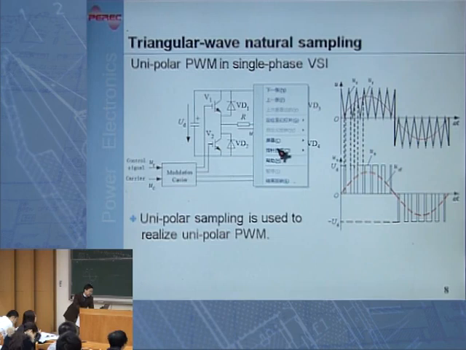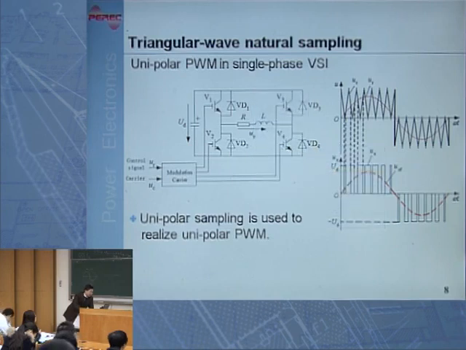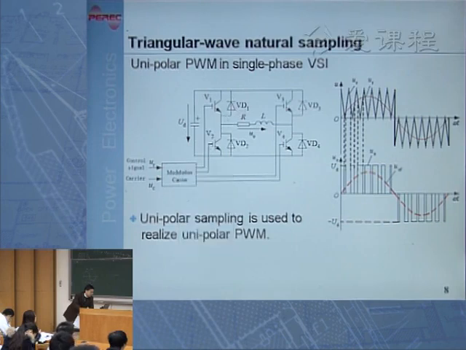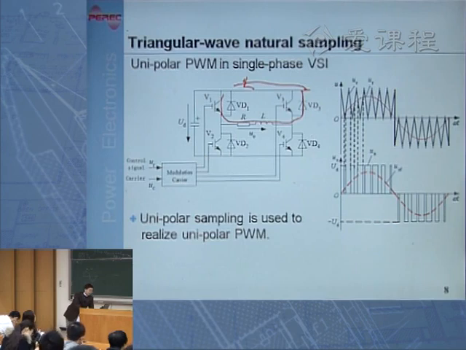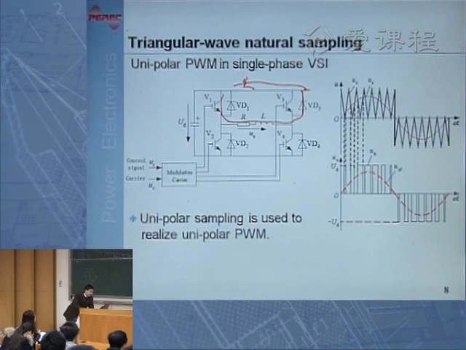Let me get a little bit into the detail in case you don't memorize what we have discussed before. Okay, so if the current is flowing from left to right, then it must be through V1, the load, and VD3. The current should be flowing this way, from left to right. Okay? If the current is flowing from right to left,